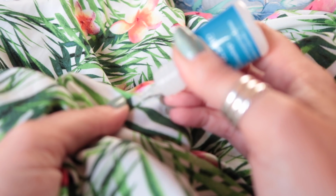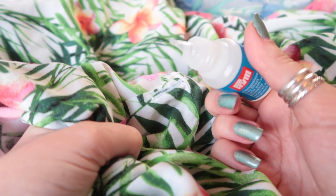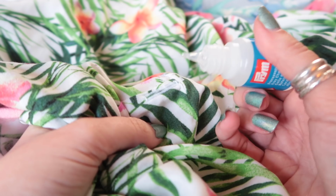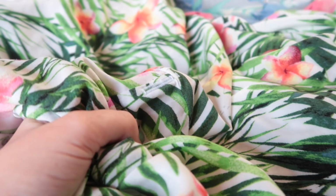I'm gonna fray check all of that, and then once that's dried a little bit, I'm going to run some fray check over the inside of the buttonhole as well. Once I've finished that and it's dried, I'm then going to open everything up with my seam ripper. Then the dress is finished. You're going to need to give it a really good press,